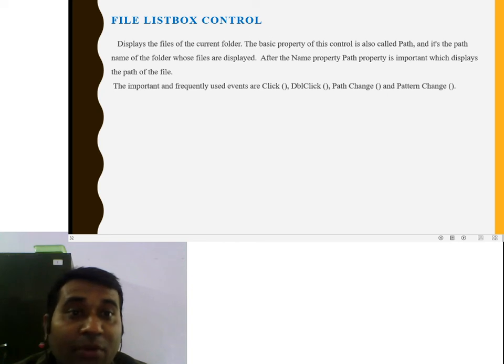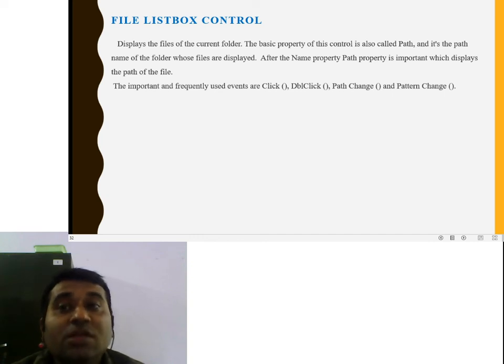The Path property displays the path of the files of the folder you selected, and the files of the selected folder are shown in the file list box control.